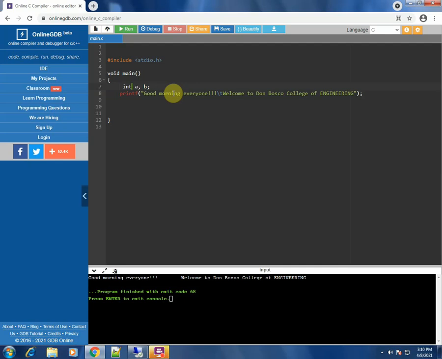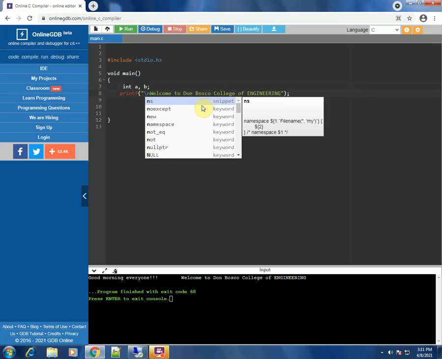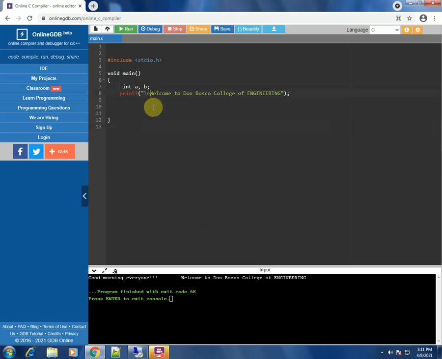Say we have declared two integer variables, A and B. I'll edit this a little bit: I shall remove this line and leave a new line for printing purposes, to make the output readable enough.